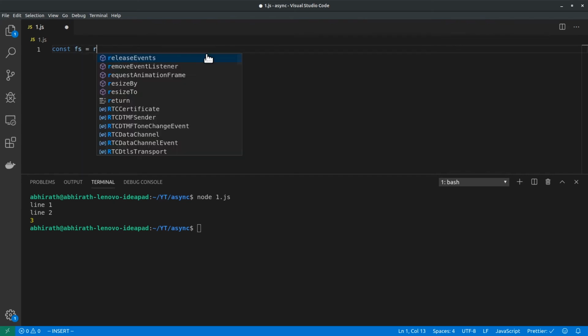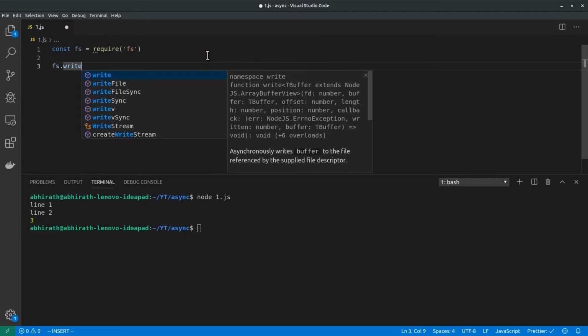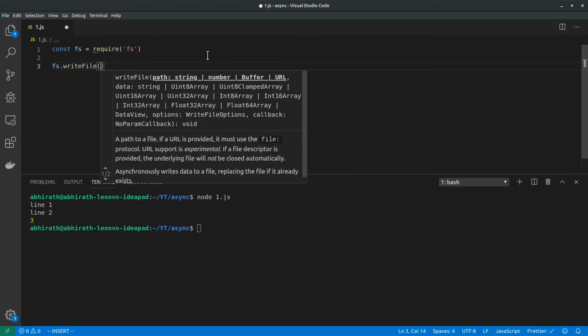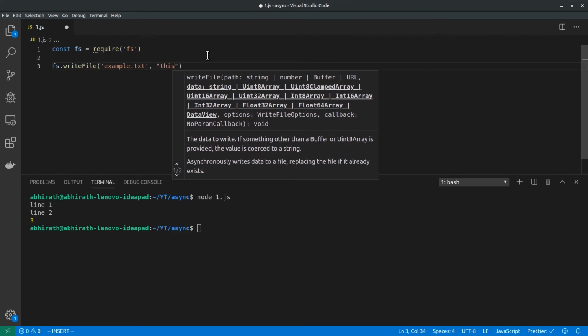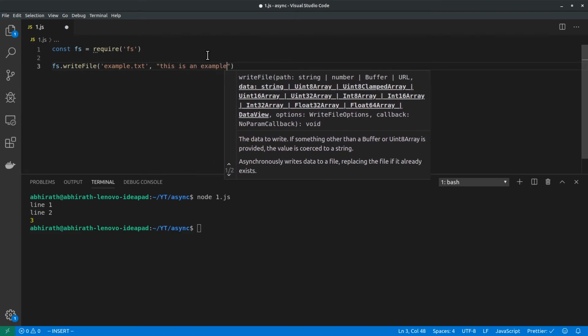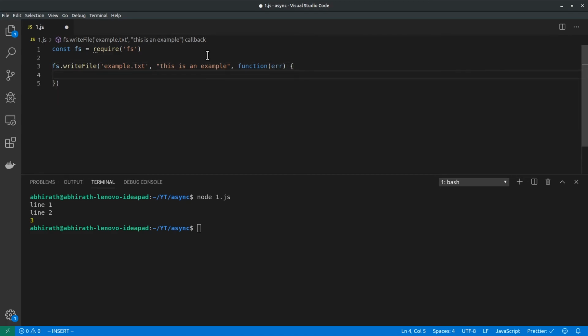Const fs equal to require fs. I'm basically importing a package called file system to create a new file. fs.writeFile, name of the file example.txt, the text content, this is an example. You may not understand what exactly this is right now, but please ignore it. I'll be explaining what this is in a bit.